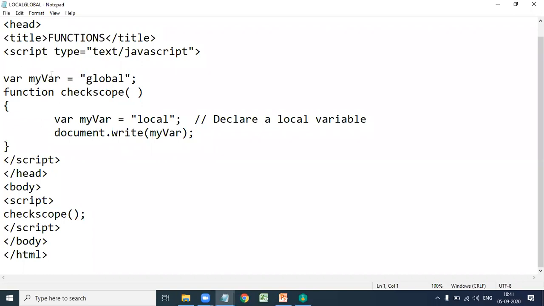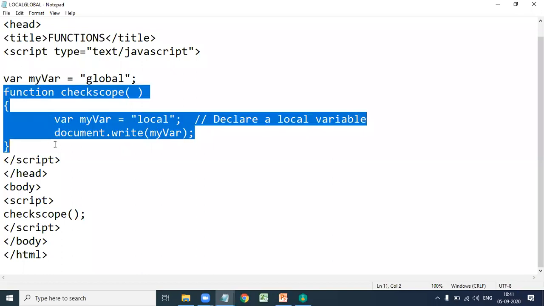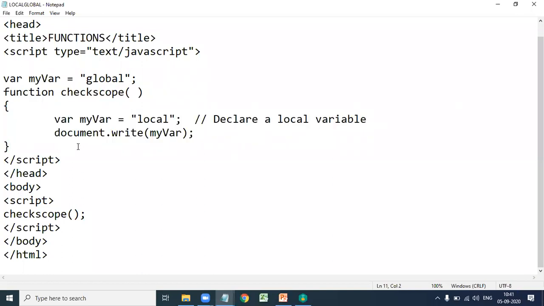So here my var is the global variable. The local variable is also my var, where my var equal to local. This my var is a local variable that is written inside the function definition.